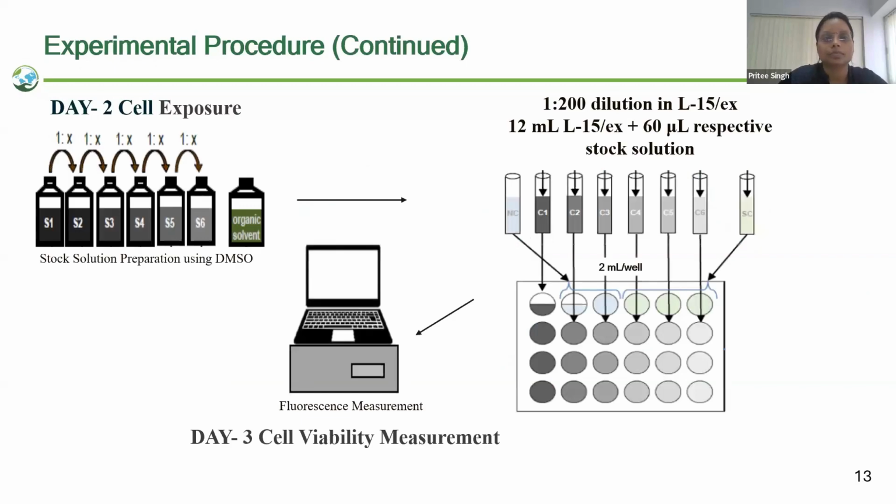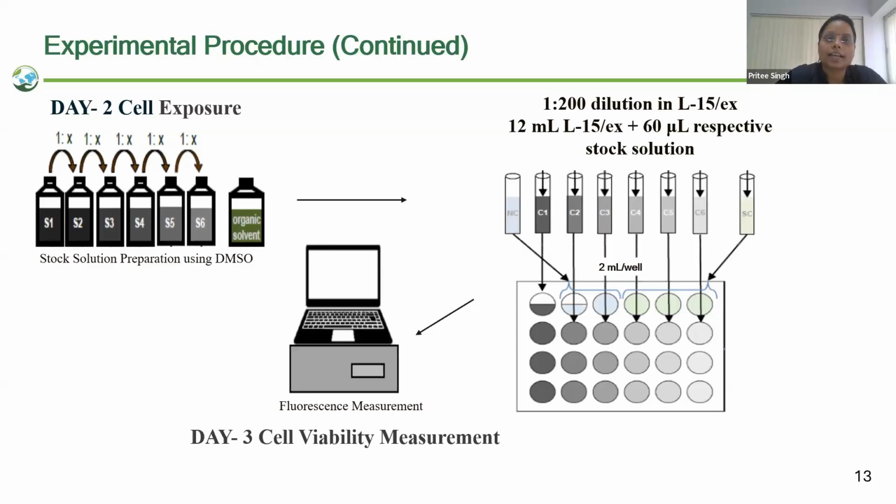On day two of the experiment, before preparing the stock solutions, it is mandatory from the guideline to observe the cell confluency. If the confluency is observed, then we can go for the treatment. But if the confluency is still not reached, then we have to keep it for another 24 hours. So here at JRF, we did 21 trials. Among these trials, on the next day, we obtained the confluency. So we prepared the stock solution immediately after the cell seeding.